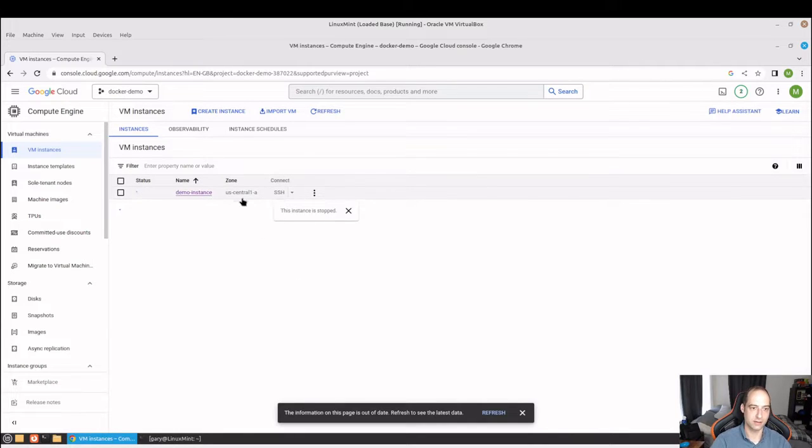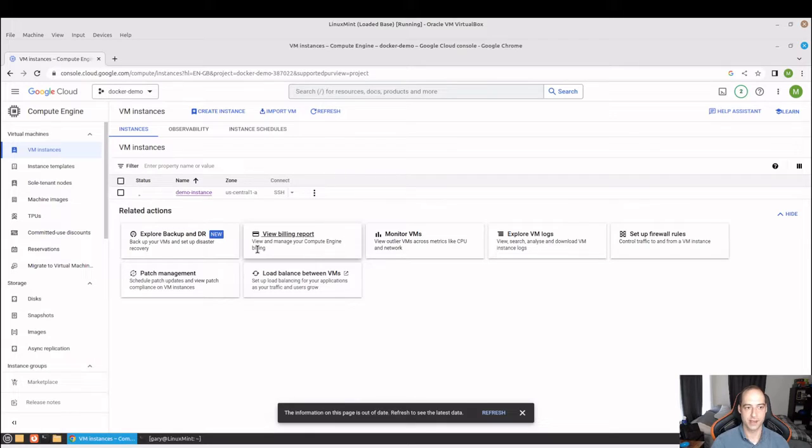Here's one that I am in the process of destroying. If you're in here for the first time, it's going to ask you to enable the API. Once you click that, it takes maybe 5 minutes, and then you should be able to see a page like this, minus this part right here. And then create instance,